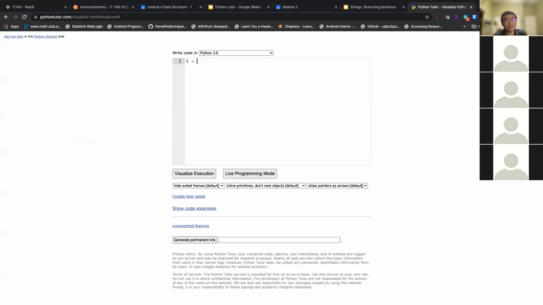For example, if I say i equals 0, let's try a while loop. While i is less than 2, print i, and then i plus equals 1.